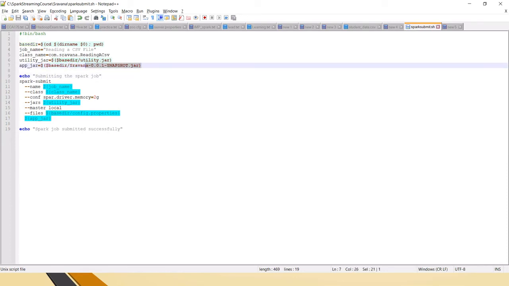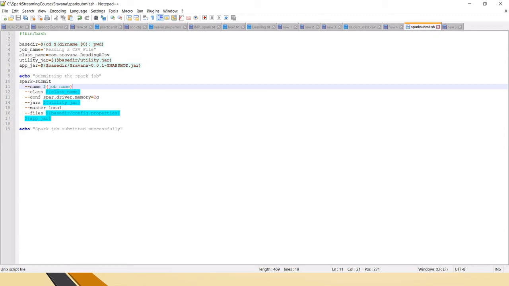Usually the application jar will be under target. And any other file like config files or property files will usually be kept under the resources folder. In the Eclipse folder structure I am talking about, under src main you will see all the Scala files, right? Similarly, under the resources folder you will have these kinds of property files, and the shell script also will be moved to the resources folder.